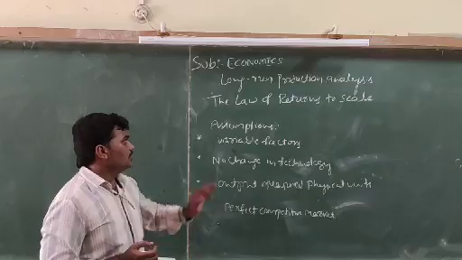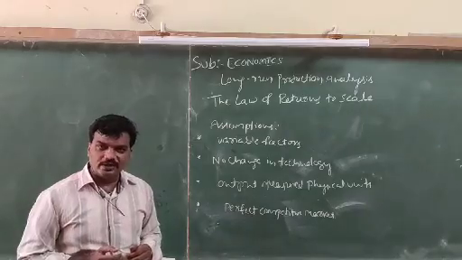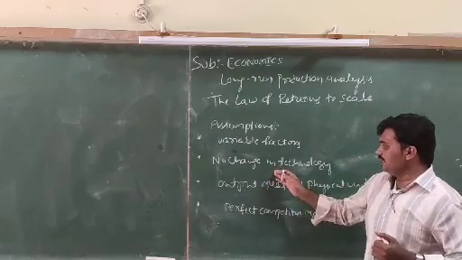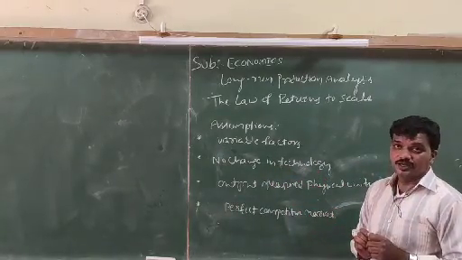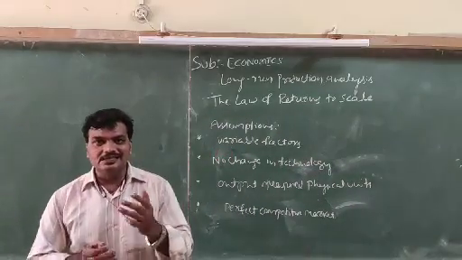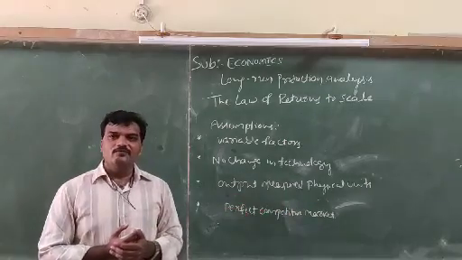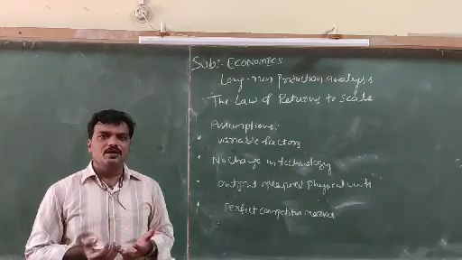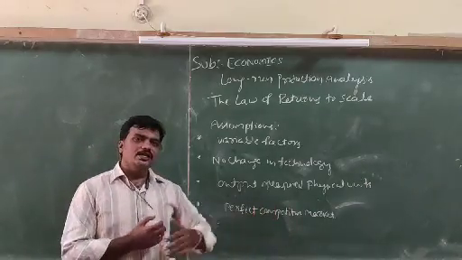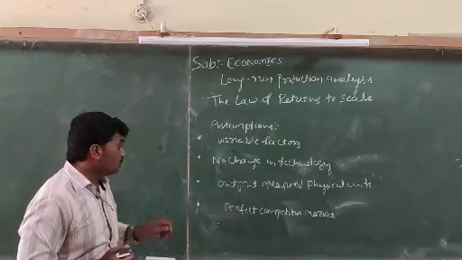See the assumptions. The first assumption is that all factors of production are variable factors. That is, all factors are increased to increase the output. Then there is no change in production technique, because modern technology or modern machineries may increase the output at existing factors of production. Then the output is measured in physical units. It is easy to calculate total product and marginal product. Then there is a perfect competitive market. These are all the assumptions.